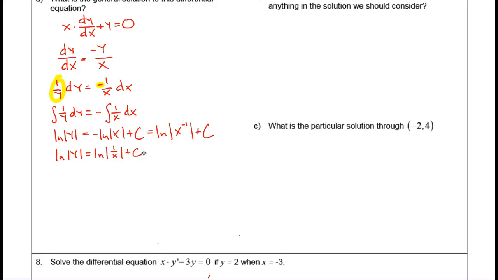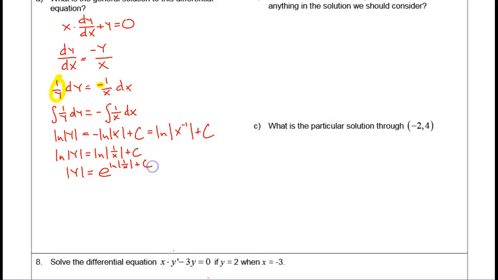Now, a lot of you want to just simply, at this point, maybe cry a little bit, because how on earth are you going to write this as y is a function of x? Well, we're going to exponentiate this. Remember that the natural log of the absolute value of y means that the output of that is the exponent that you would put on e to get the absolute value of y. So this can be rewritten as the absolute value of y equals e to the natural log of the absolute value of 1 over x